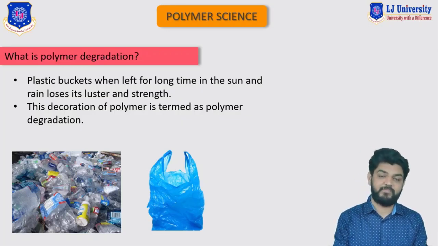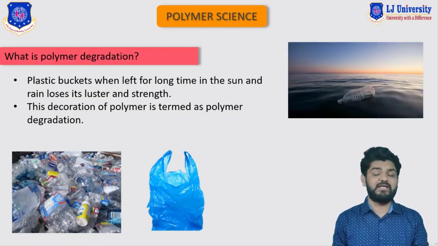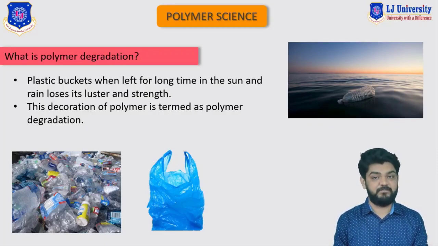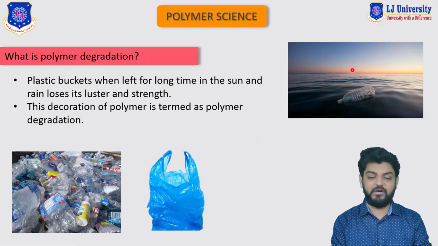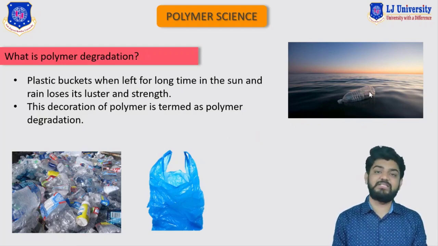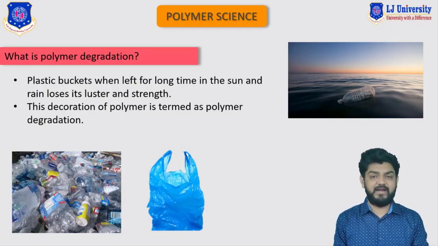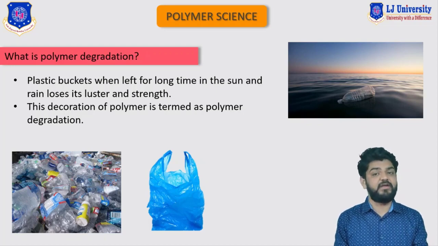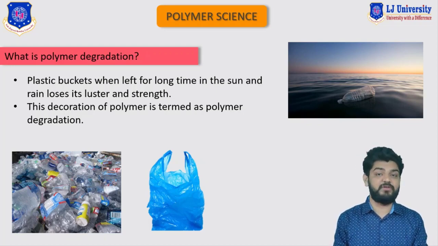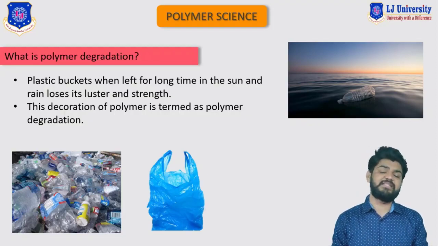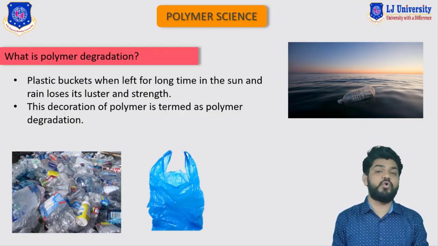Now you can see that this is the best example to explain what we mean by degradation. This is simply a plastic bottle floating on the sea, where it receives sun radiation continuously. And as is obvious, it will degrade, its plastic will deteriorate, and its physical and chemical properties will be lost. So we can say that a polymer always undergoes the degradation process after a certain life.